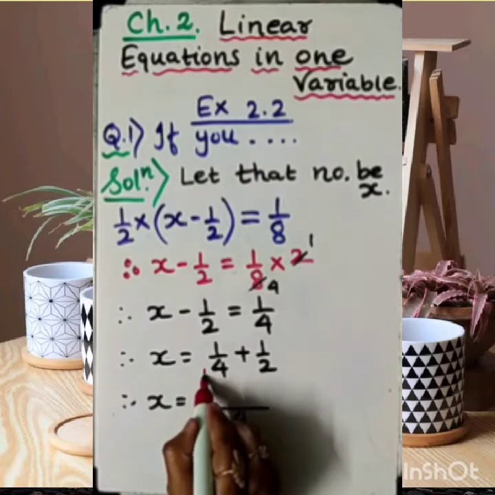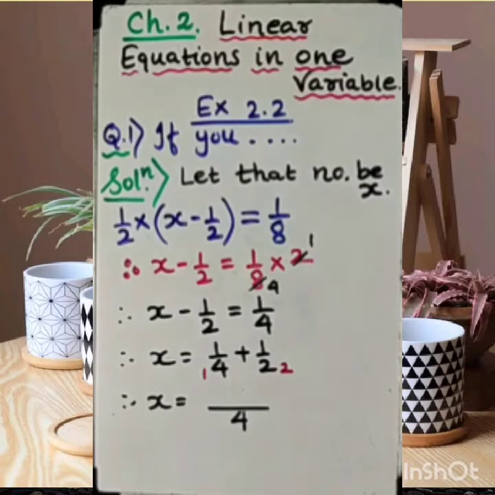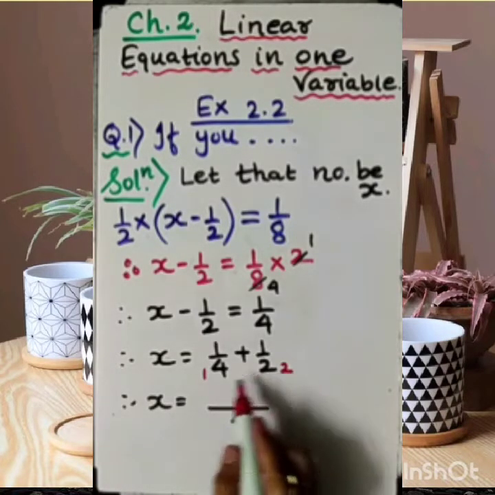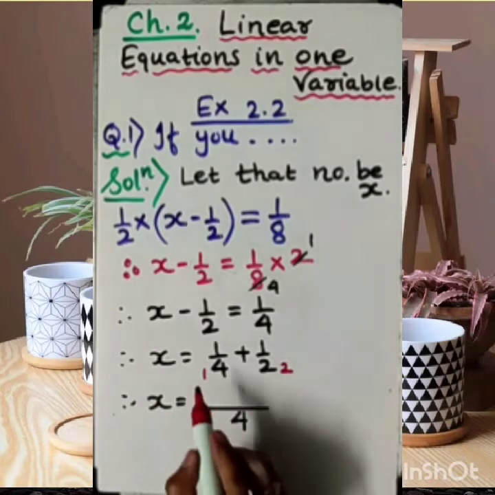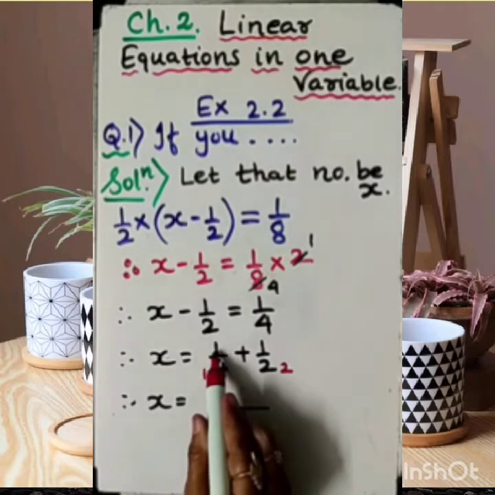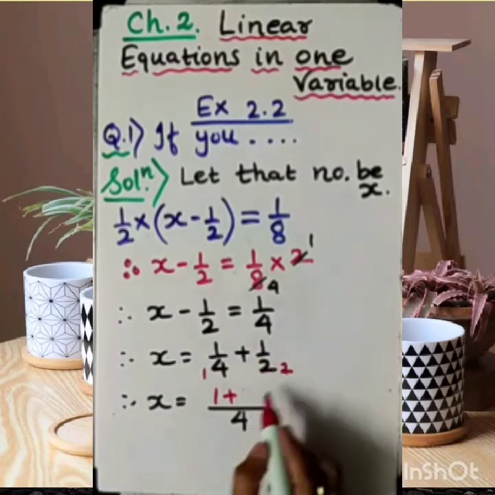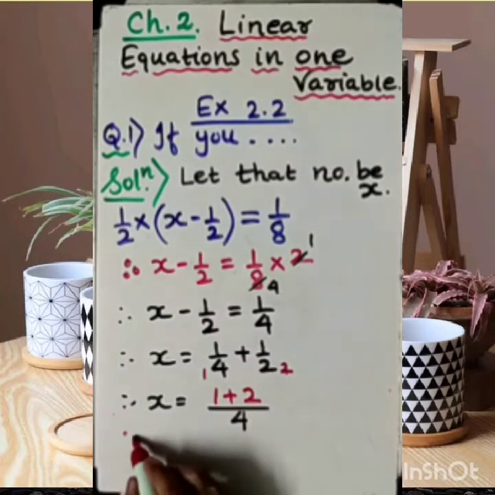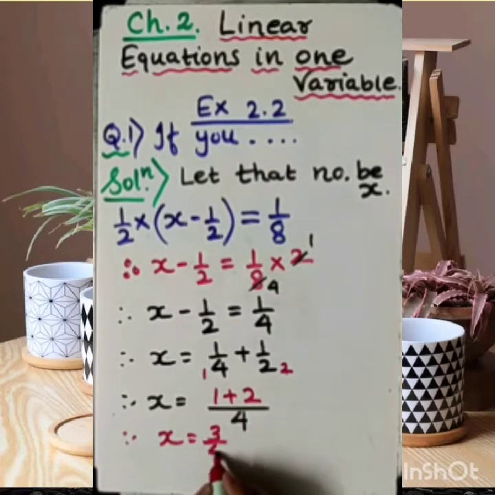Here we need to multiply with 1, since 1 times 4 is 4. And here 2 is already there, so I need to multiply it with 2, because 2 times 2 is 4. This way the LCM in the denominator will be 4. Now with the same number I am multiplying the numerator. 1 times 1 is 1, 1 times 2 is 2. So my dear student, x equals 1 plus 2, which is 3/4. This is the solution of the given equation.